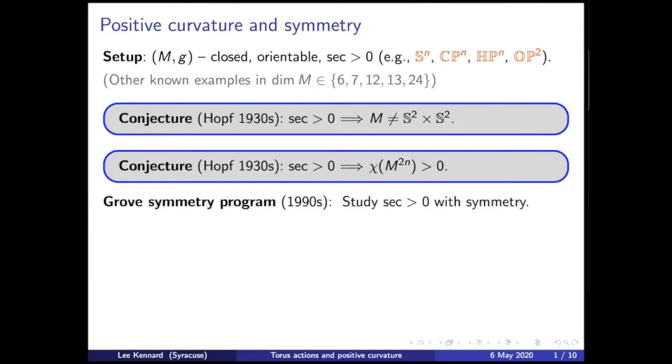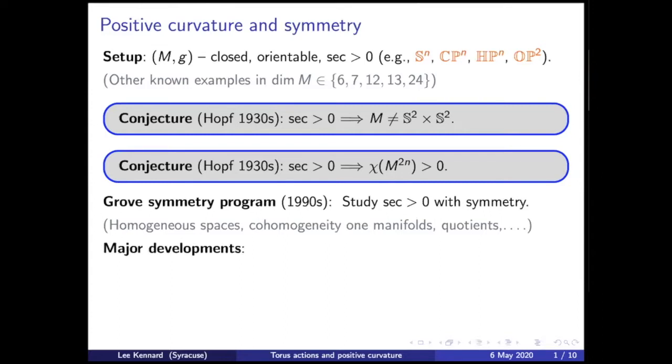So this is an area where there's not much known in general. One of the ideas, this is the Grove symmetry program, is to study these questions with symmetry. In retrospect, this is very natural. Everybody adds symmetry to difficult problems to learn something about them. But this was really only formulated, I guess, in the early 90s. So what do we mean by symmetry? This means things like homogeneous spaces and cohomogeneity 1 manifolds. Those have applications outside of this program. As well as Lie groups and quotient spaces and these sorts of things.